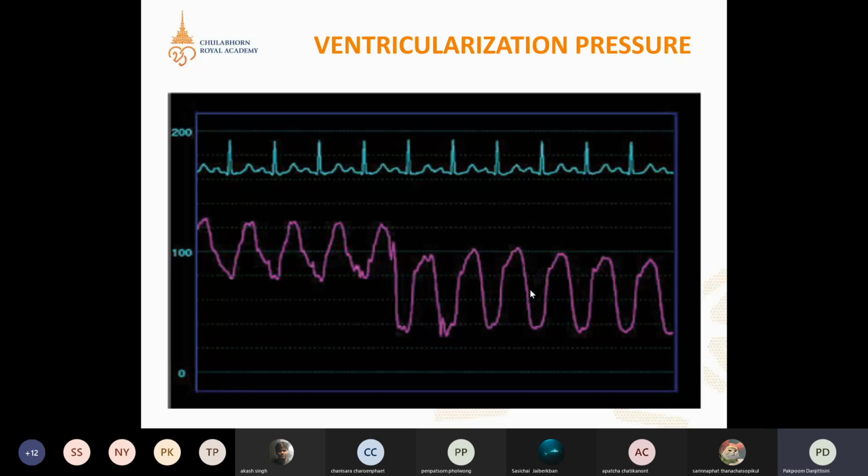So the blood cannot get into the coronary artery, completely blocked. So the pressure that is detected by the tip of the catheter will